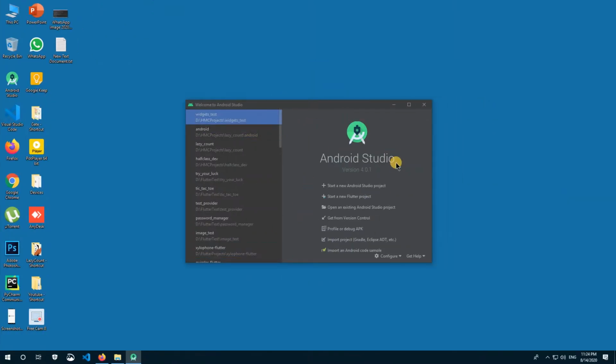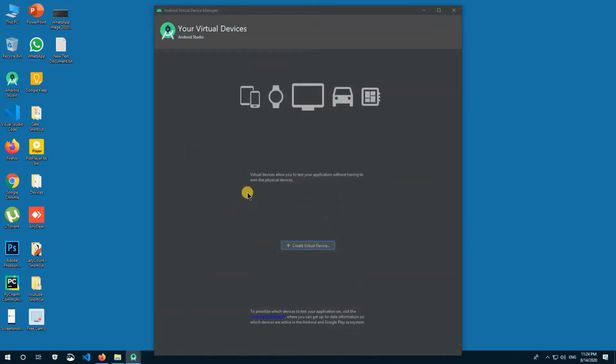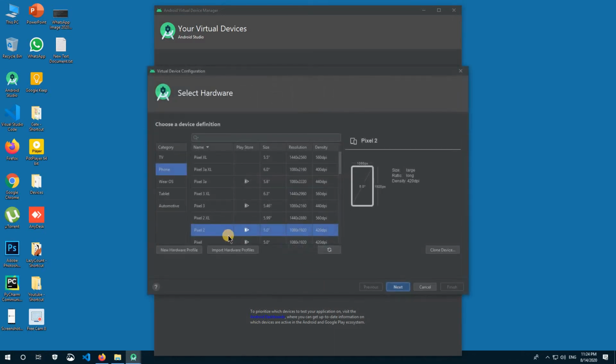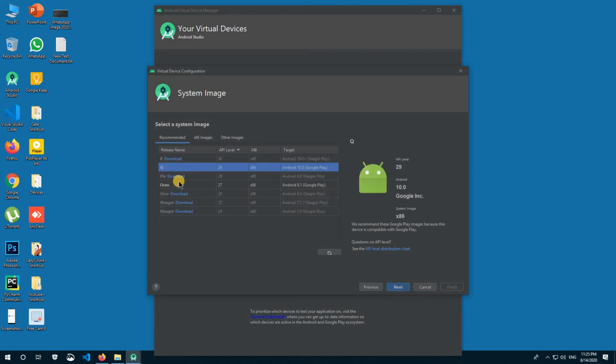And Android Studio is already open. Let's go to the configure section again, and here you can see an AVD manager. Go to that AVD manager and create a virtual device. Here you can create a virtual device, and now select a device name and screen size. I recommend you select a device where this Play Store button is there. Okay, so let me select this Pixel 2, then click next, and you have to download one of these Android